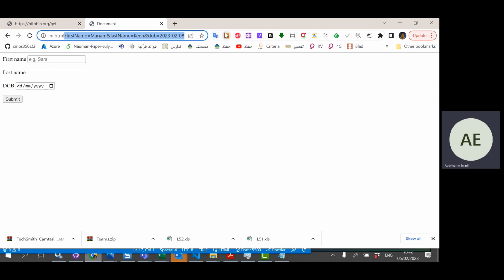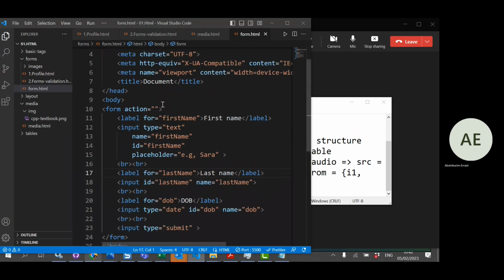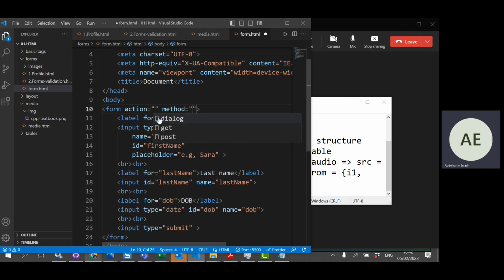Yes, it's clear. Now, but many times we don't see this on the web, especially if we have a long form. When we submit it, it does not stick it to the end of the destination address. That's one way of doing it. What's another way of doing it? By the way, here there is another attribute called method, which is get. So I'm sending this data using a get. Two ways to basically push the data to the destination or to the server, either using a get or using